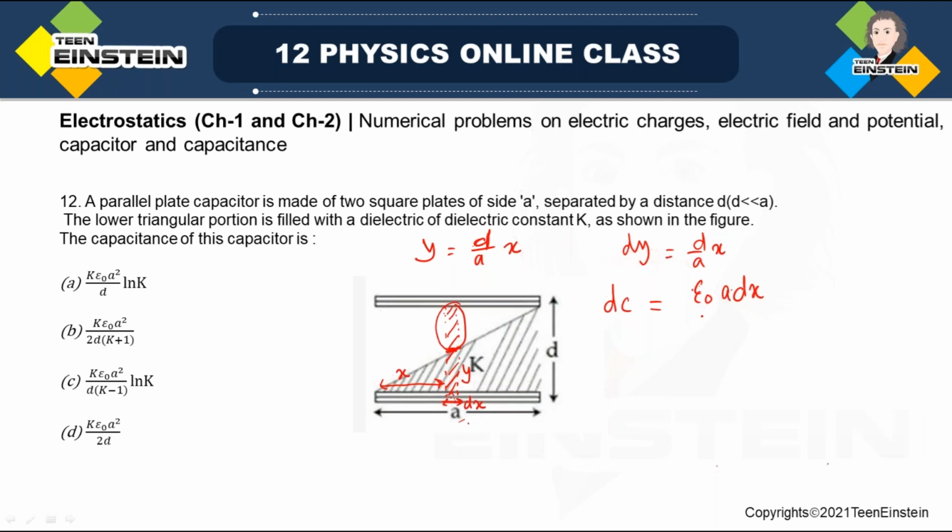Okay, so this area will actually be a dx. Now, epsilon naught into a divided by,